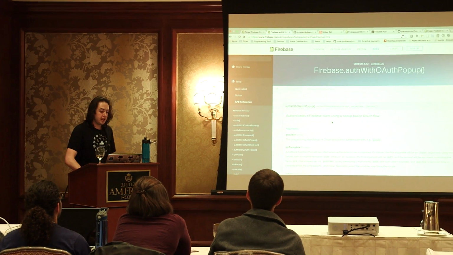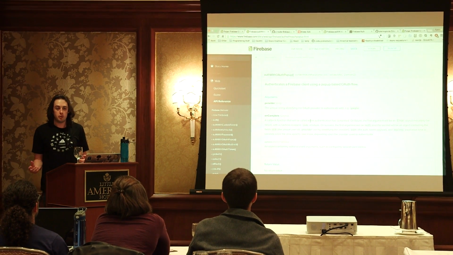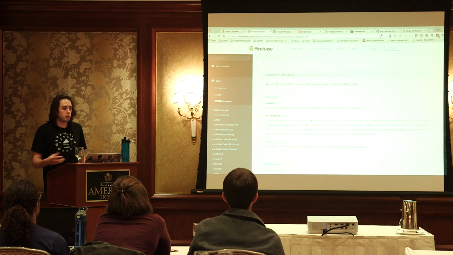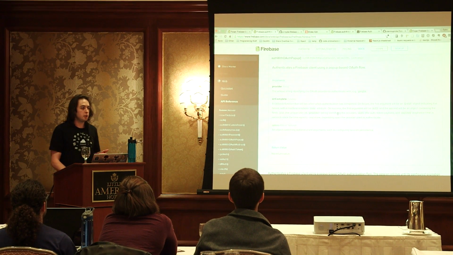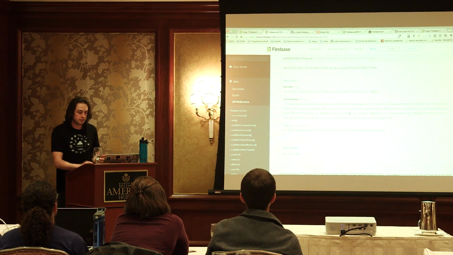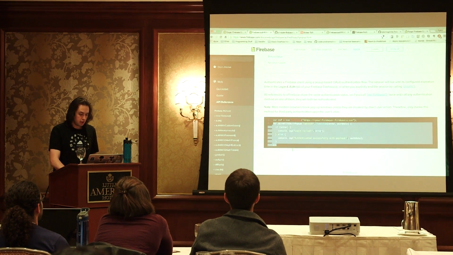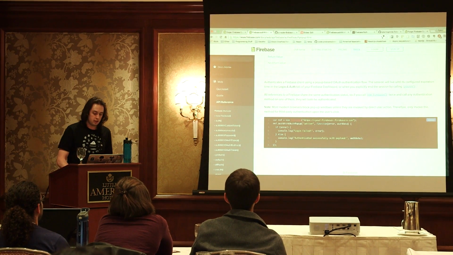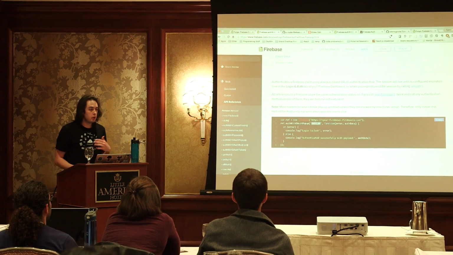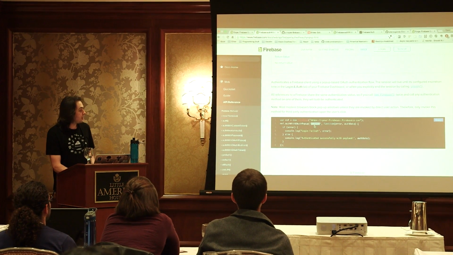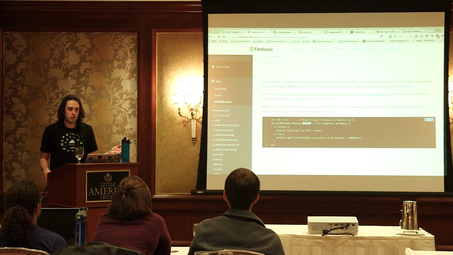Firebase is super handy, and they say, hey, that's nice, but there's also all these other options that we can authenticate with, like Facebook and Twitter and GitHub and Gmail. That would be really nice to provide as a convenience for our service. So if you look at this, all you do is you call ref, just like we had earlier, auth with OAuth pop-up. You pass it the thing you want to authenticate with. So this right here is either going to be GitHub, Twitter, Gmail, or Facebook.